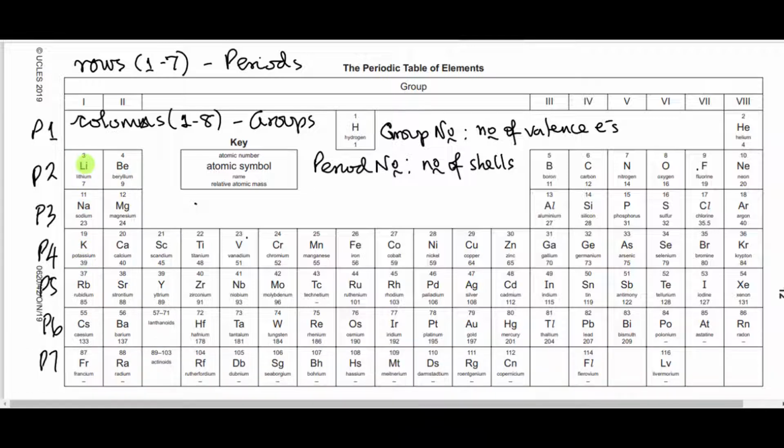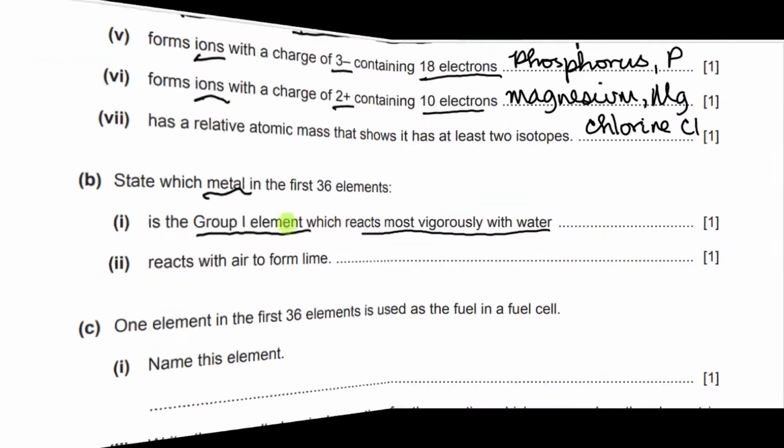Group 1: lithium, sodium, and potassium. Since the reactivity of metals increases down the group, lithium will be the least reactive in group 1, while potassium, based on our reference, will be the most reactive. So potassium is the element in group 1 that will